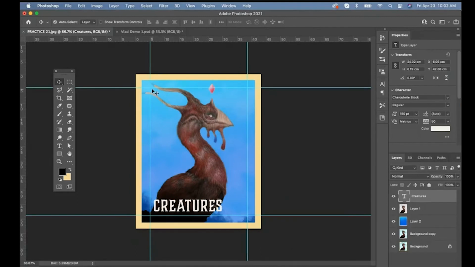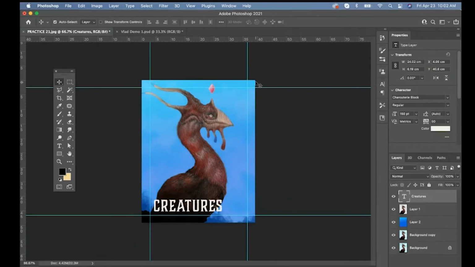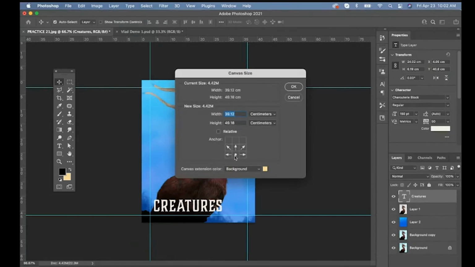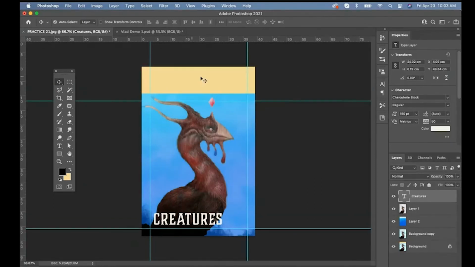I'm going to undo that because I want to add to the canvas just up here. Here's how I do that. Canvas size. I'm going to click the button here. So now it's just adding to the height, right? If I click in the middle, it adds a frame around it. If I clicked over here, it's going to add stuff to this side, right? Right now, I just want to add to the top part. I'm going to change that to inches, and change the height now to 23. And now it's added a section to the top here